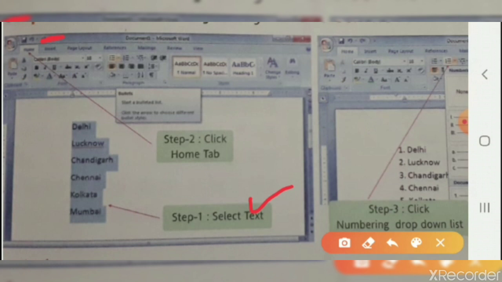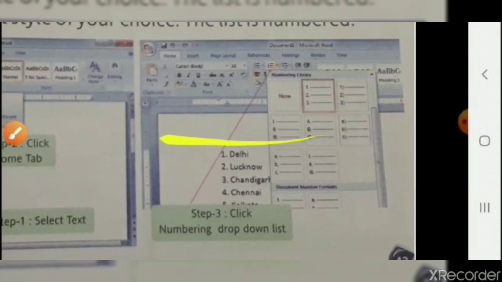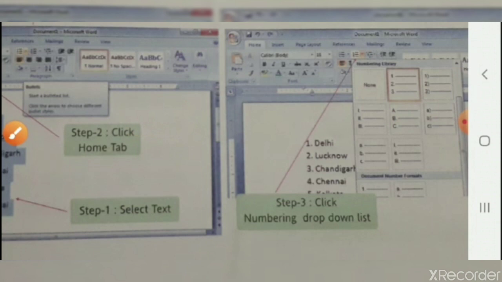Third step, click the drop down list arrow on the Numbering button in the Paragraph group. The drop down list is shown here. Then select the list style of your choice. From here you can select whichever you feel suitable.